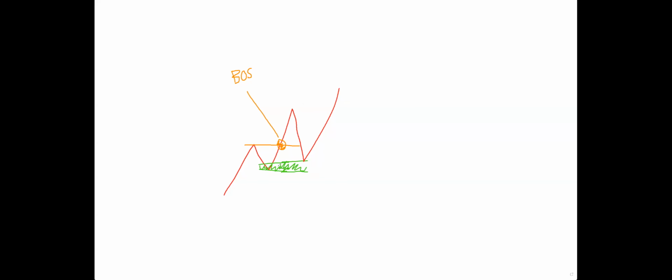Now, check this out, okay? So how it works is too many people are focused on the old ones. Put this in your notes: whenever we make new structure, whenever we have a new break of structure, you make a new order block. So the previous order block does not matter anymore. Put that in your notes. If we have a new break of structure, the previous order block does not matter anymore. So what I mean by that is, take this for example.